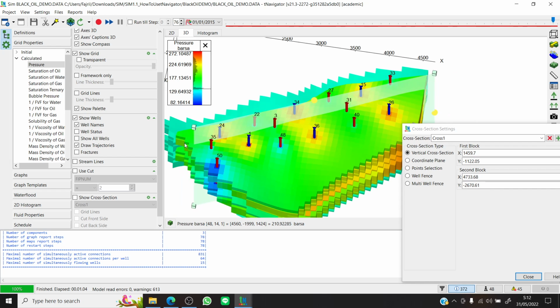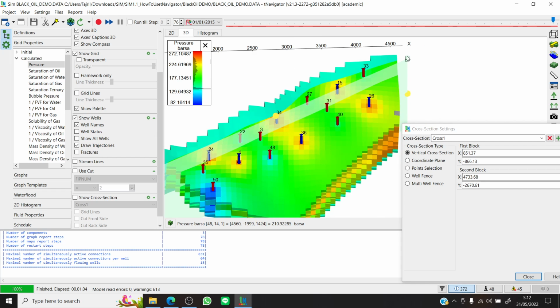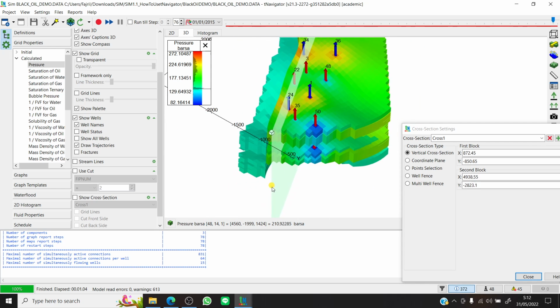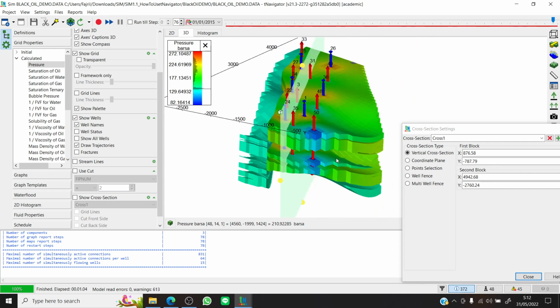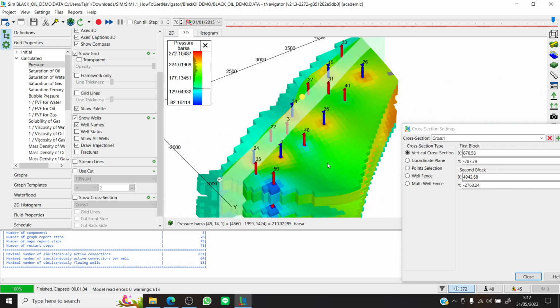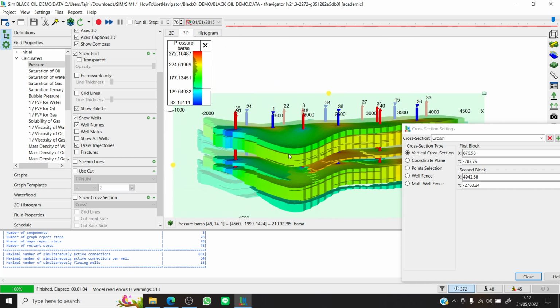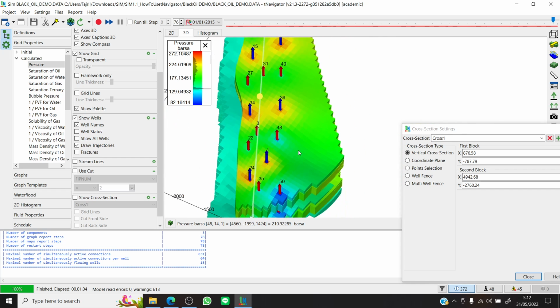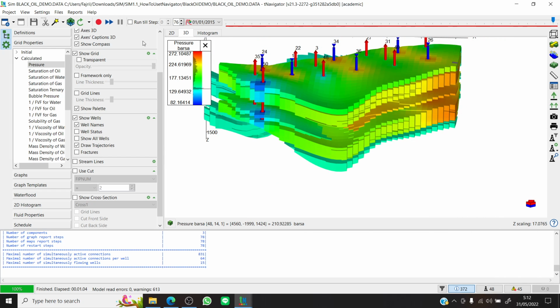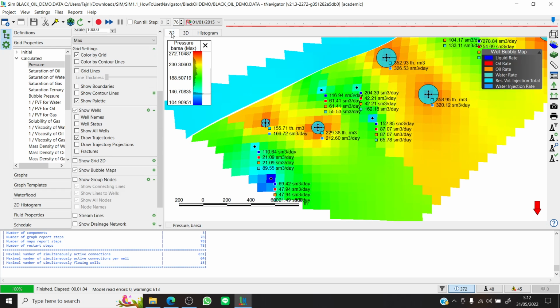Clicking the cube lets you stretch, or basically transform the cross section. And then the circle lets you translate, I mean move the cross section. Okay, so that seems a really good cross section right here. So we can just close, and then in the 2D section we can view our cross section